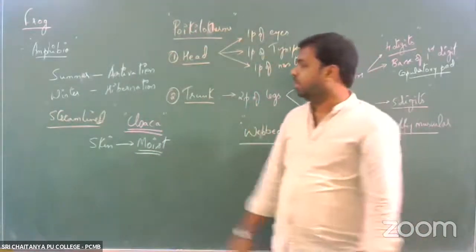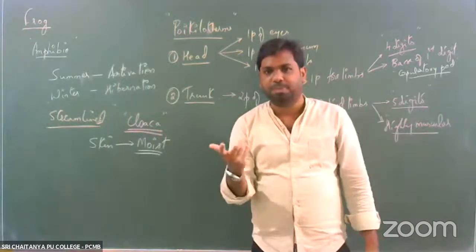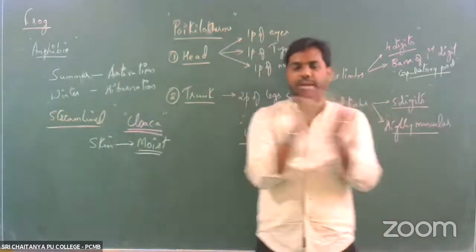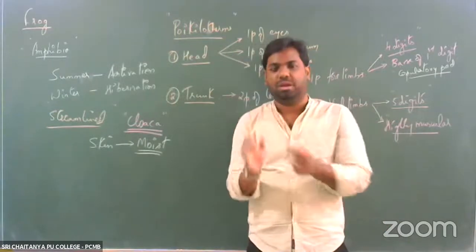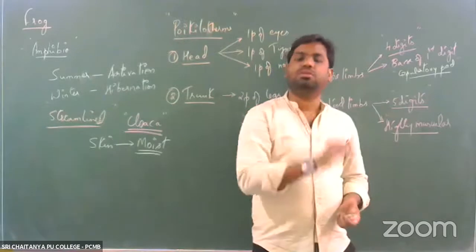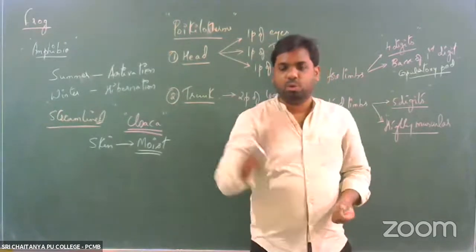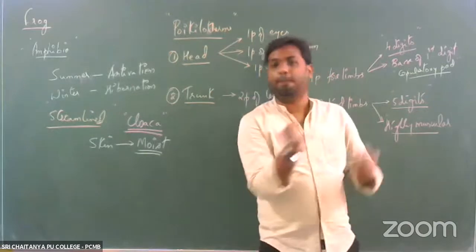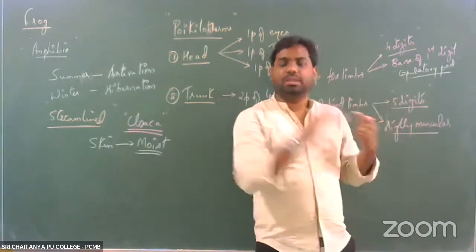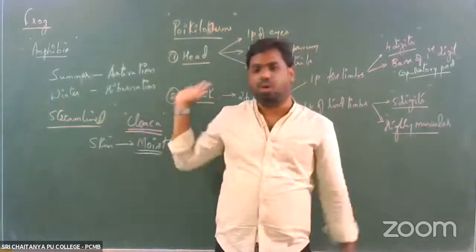The second thing is the skin of this organism has the ability to change color, right? And this process of changing the color of the skin, we call mimicry. So why do they undergo the process of mimicry? It is to camouflage with the surroundings. To camouflage, blend or mix with the surroundings, they start changing their skin color. Again, this is one of the defense mechanisms of this organism.